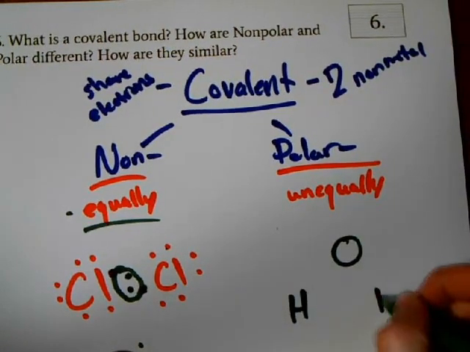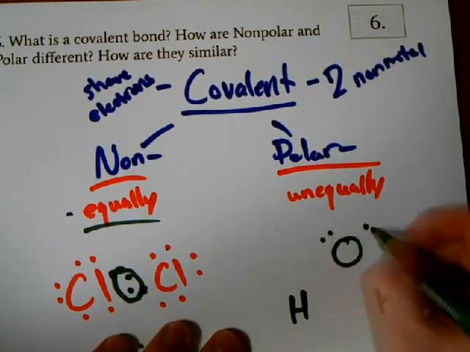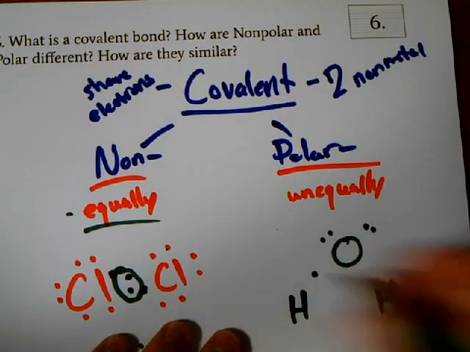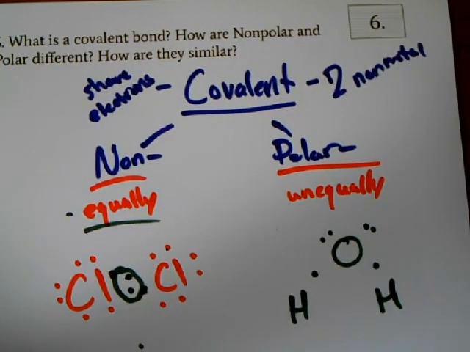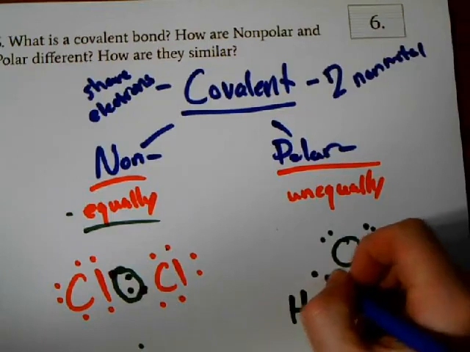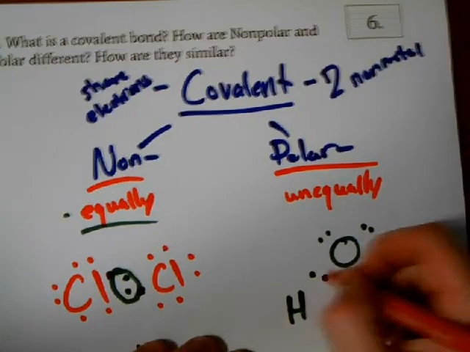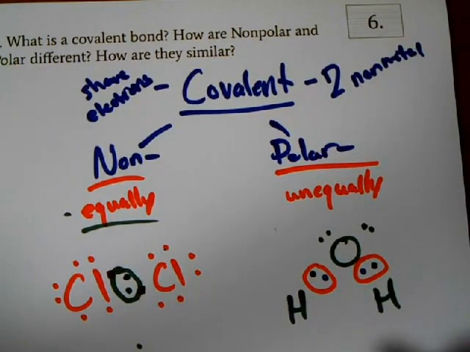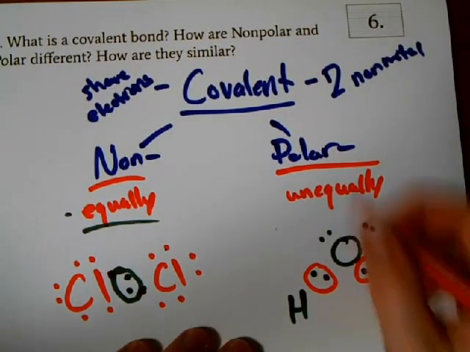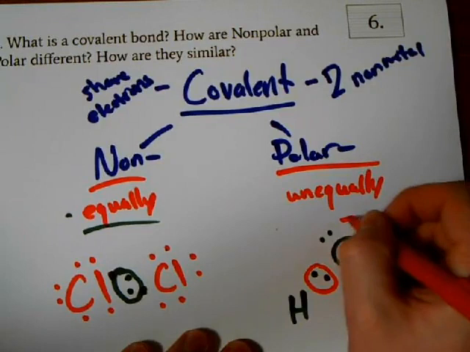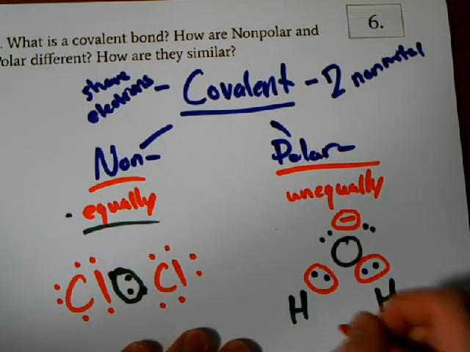So water has hydrogens and oxygens. There's some lone pairs on the oxygen, but what happens is this oxygen is going to pull some of these electrons a little bit closer to itself than the hydrogens are going to. So these two are going to be shared between the two atoms. However, they're going to be mainly pulled towards the oxygen, so this oxygen has more of a negative charge towards